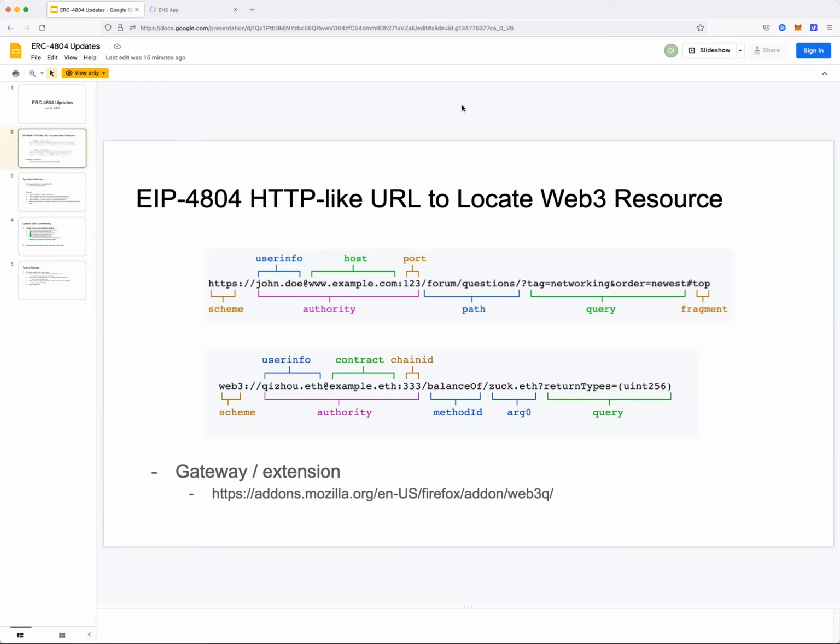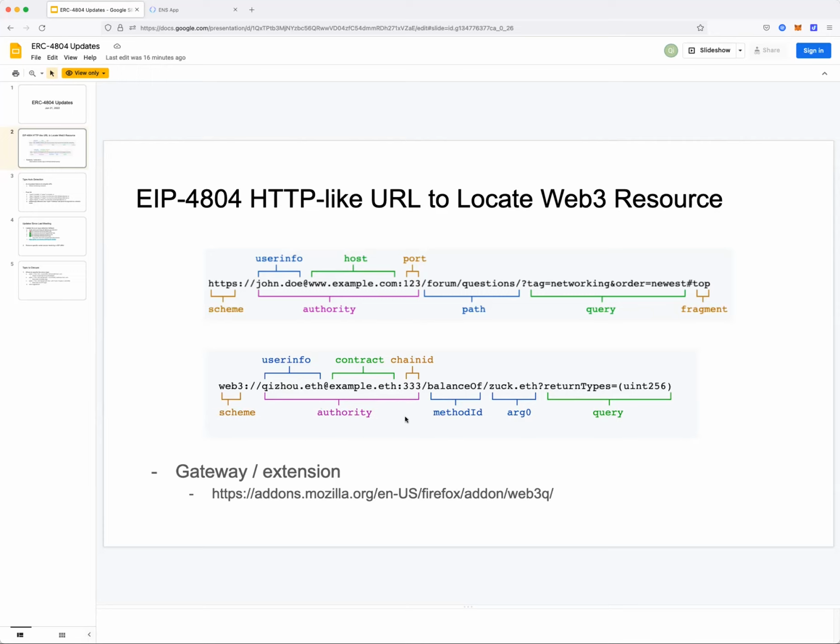However, every other URL EIP, so 681, 831, 2400, 5094, etc., all use an @ symbol and then the chain ID. And in this case, you're feeding user info through the URL, which is a little weird because the user info would probably come from the injected provider of the browser. Yeah, so we wouldn't have that beforehand.